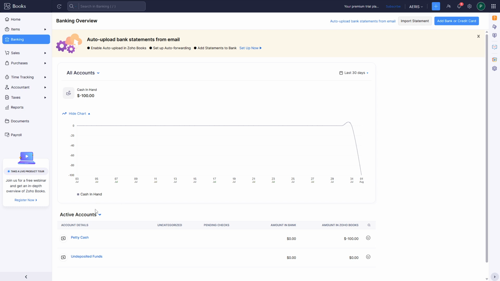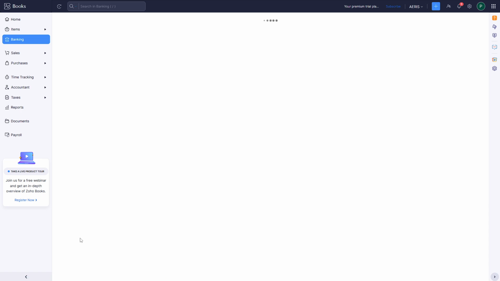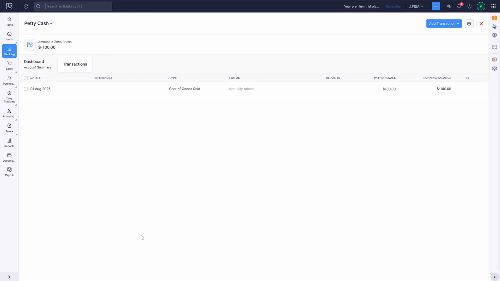Once you're in the banking section, you'll see a list of accounts or perhaps a search function where you can type in the account you wish to manage. For today's example, we're focusing on the petty cash account. So go ahead and click on the petty cash account from the list. This will open up the details particularly for this account, allowing you to see all associated transactions and options for